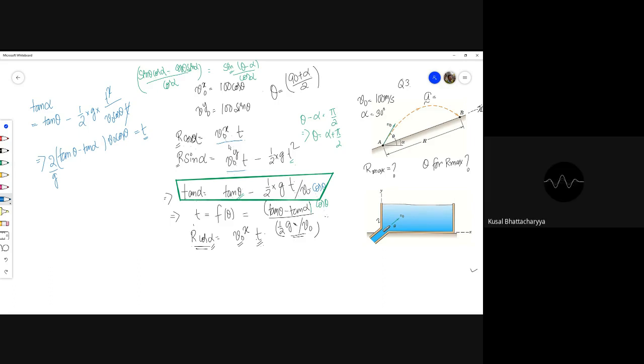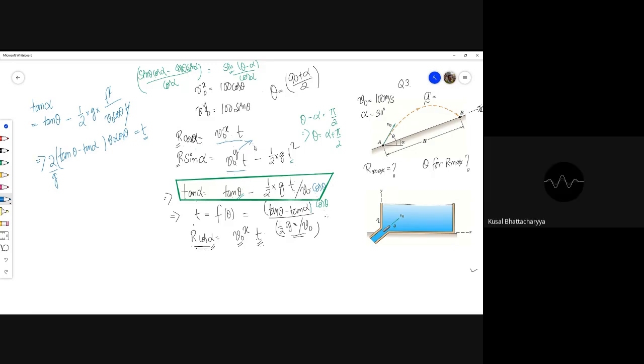Sir, if I think about the equation r sin alpha equals v0y t minus half gt square, and here I want to maximize r, and r is a function of t which is a quadratic function. So I can't say that if I maximize t, then the value of r will be maximized, because I will have to take the derivative with respect to t and put it to 0. No, then you need to think in this way. This quantity right here is not a constant. Okay, so this involves theta.